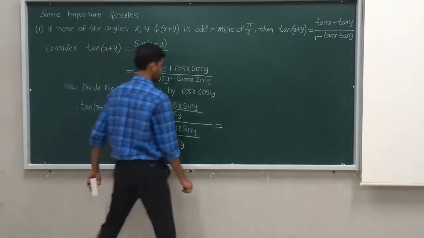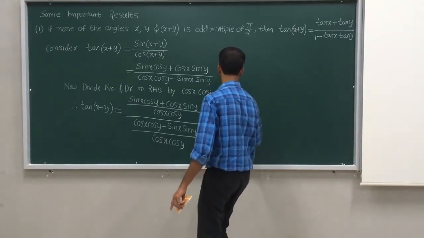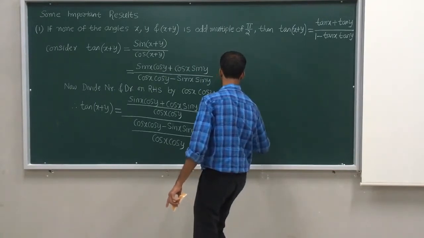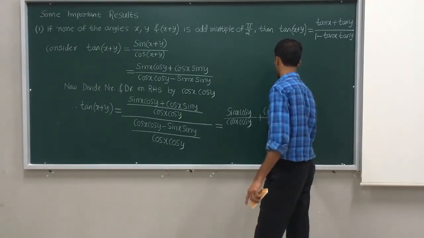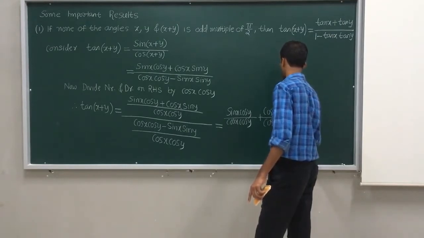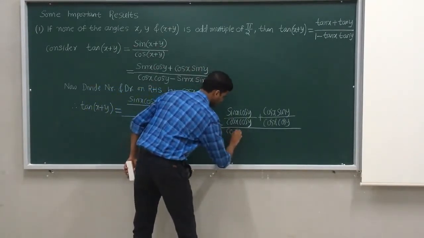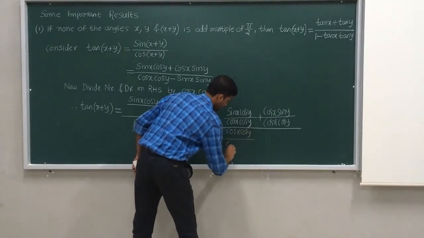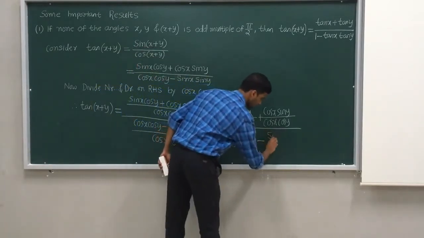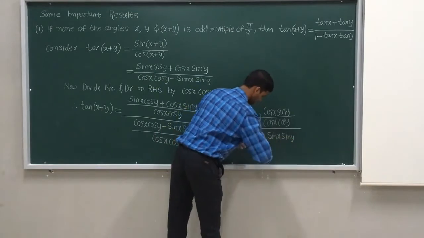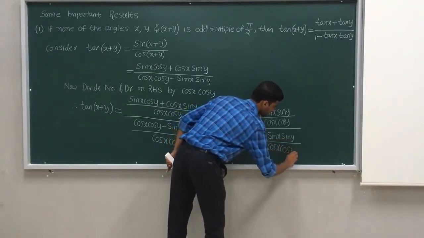So it is nothing but sin x cos y divided by cos x cos y, plus cos x sin y divided by cos x cos y, whole divided by, I will consider this expression, cos x cos y divided by cos x cos y, minus sin x sin y divided by cos x cos y, which is equal to